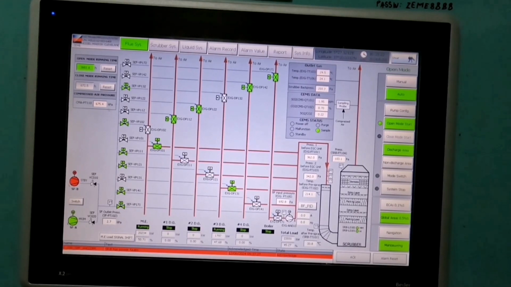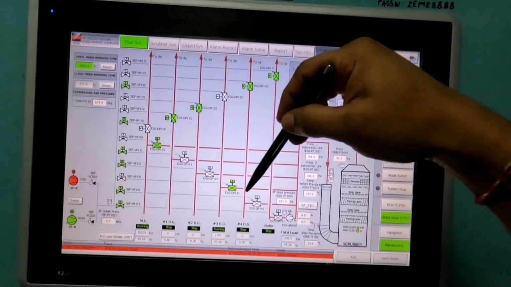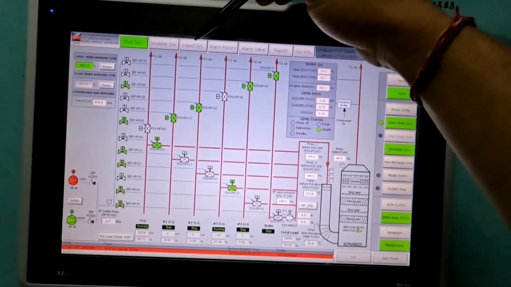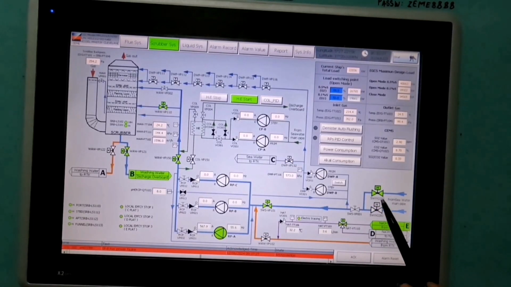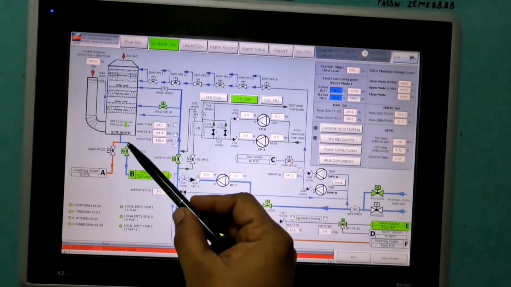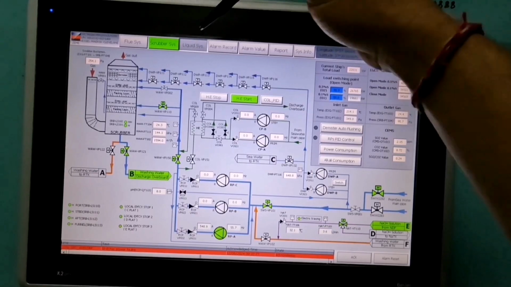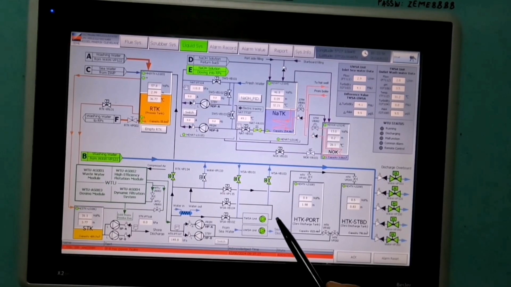Here on the screen, everything will be started automatically. Initially, these valves will first change over as per the running machineries, and then these valves will open. This valve takes suction, this valve will open, and the scrubber pump will start, and then this whole thing will start. All overboard valves shown here will open automatically. This one, which goes to the TWSA unit, will also open automatically, and this pump will start.